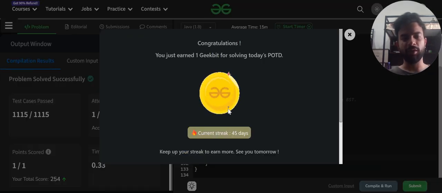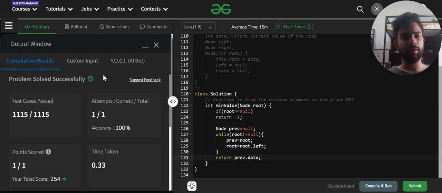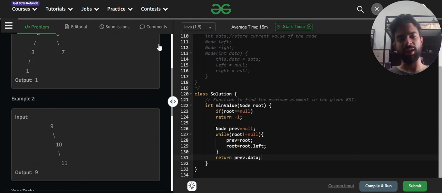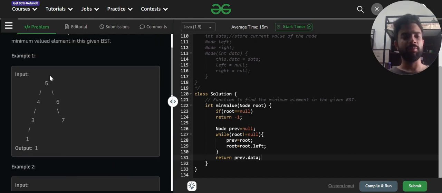So yeah, we are currently on day 45 of the GeeksforGeeks streak challenge, and in this problem statement, we learned how to go towards the depth of a binary search tree, and in a BST, we find the minimum value present. So let's recall again. First, we defined a class Solution. Then we defined the function int minValue. In minValue, we took Node root as our parameter. If the root has no values inside it, then we will